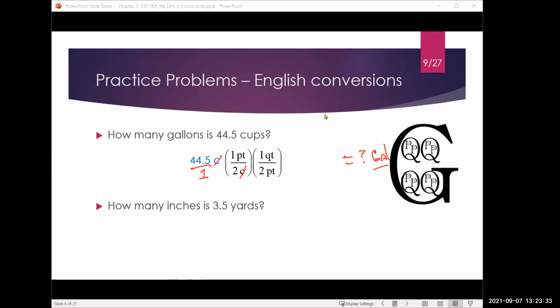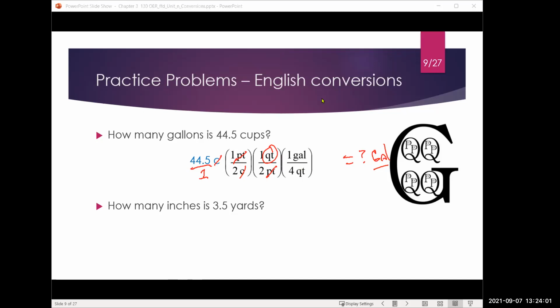Therefore, I know that in 1 quart, there are 2 pints, and I put pints in the denominator. Why? Because pints is what I want to get rid of, to get me into another unit that's closer to gallons. I'm not there yet, because this conversion factor puts me into units of quarts. So obviously I need one more